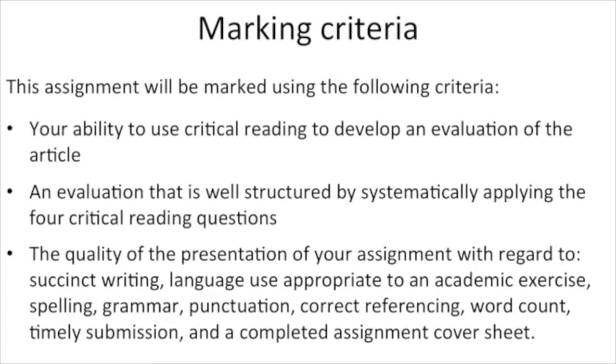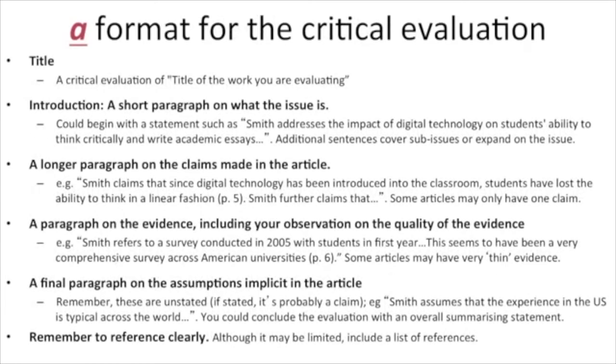You can read those. We have a suggested format for the critical evaluation that basically follows the 4 questions. What you could try to do here is take what you've learned from assignment 1 in terms of structuring a paragraph with a topic sentence and summarising sentence, and try to use that as well as you can in structuring this assignment, and so apply what you've learned there to this one as well. I won't go into this in detail. Do you have anything to say about this?